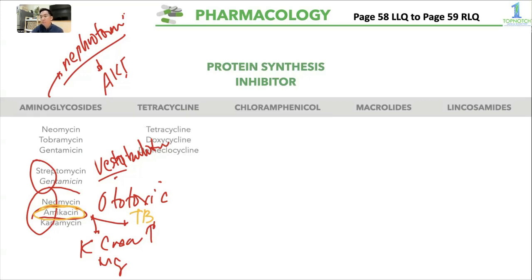Your tetracyclines, no, these are drugs that act on your 30S ulit. Diba? Sabi natin yung at 30, diba? At 30. So your tetracyclines are mainly used for, okay, example niyan, tetracycline, doxycycline, and your demeclocycline, no? Ginagamit sila madalas for your mycoplasma, no? Mycoplasma. Ang palatandaan ko kasi dyan, no,